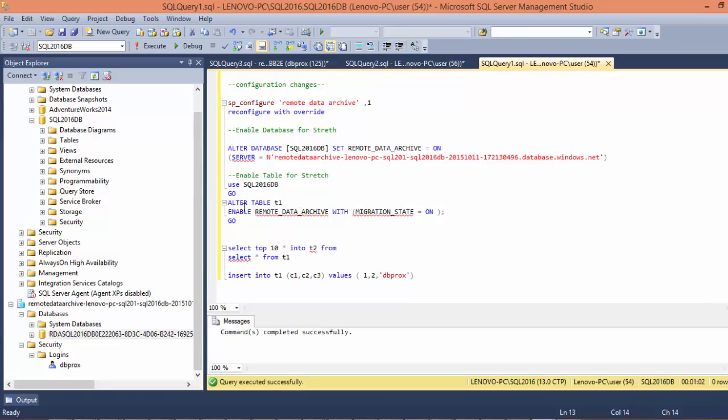Let's enable and stretch one of our tables, which is on premises, to the cloud. To do that, you just need to alter the table and say enable remote data archive with migrate strategically on. So what it will do is it will script out the table, and it will create it on Azure